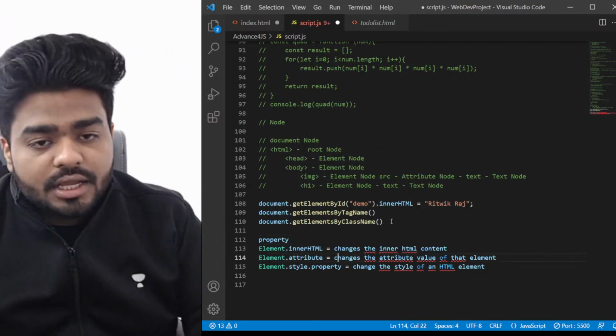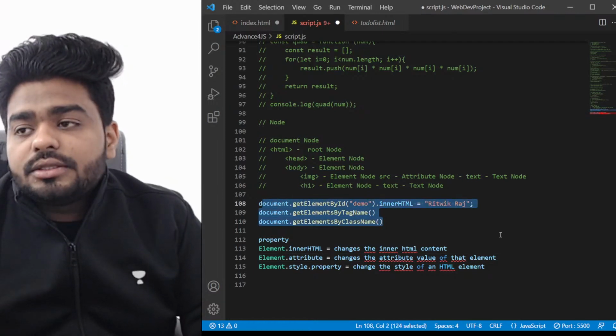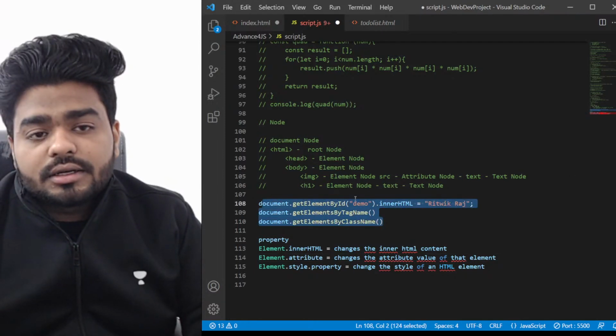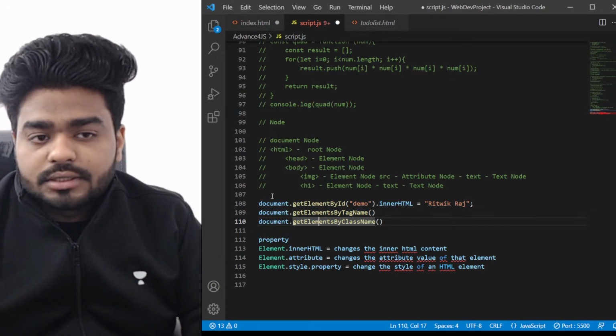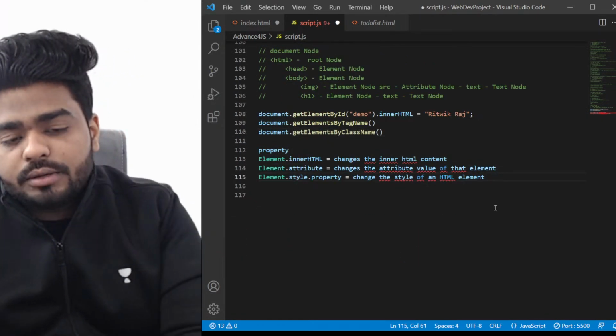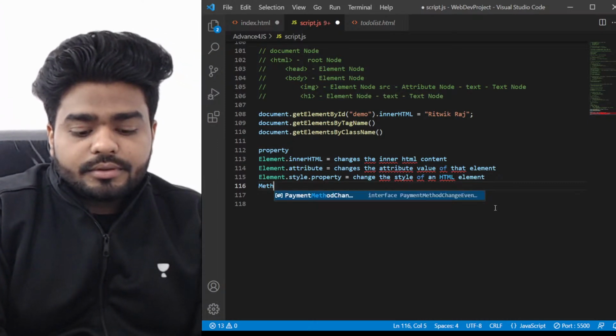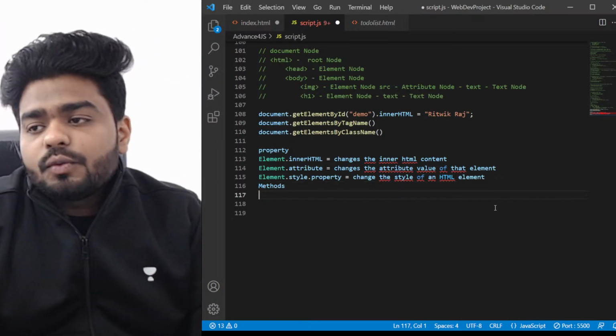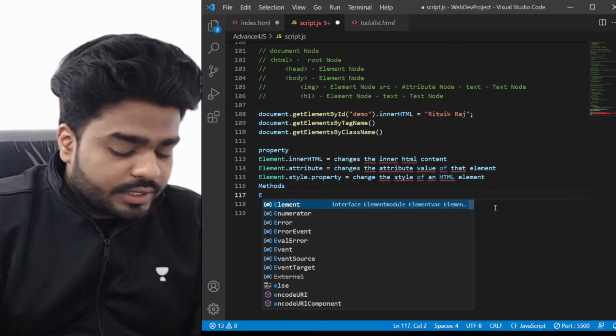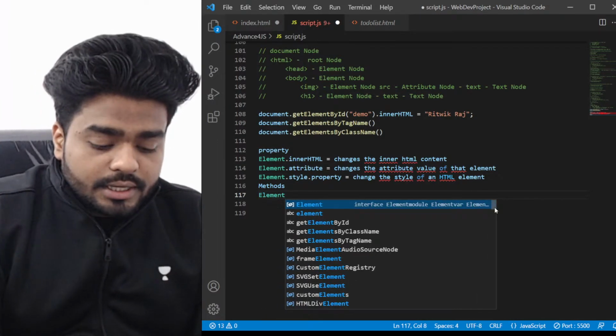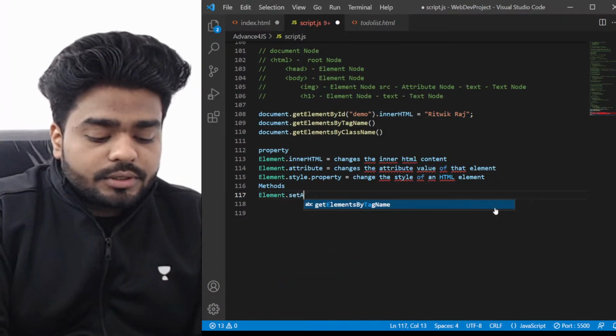Whatever you have used here are basically methods. Now we have one more thing. We have one method which is set attribute. So we can use element dot set attribute